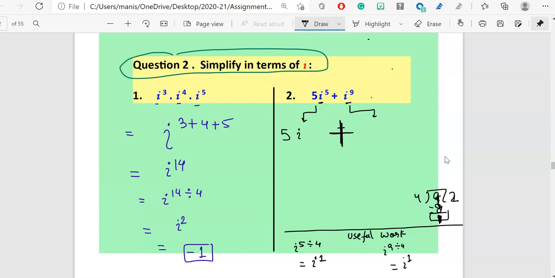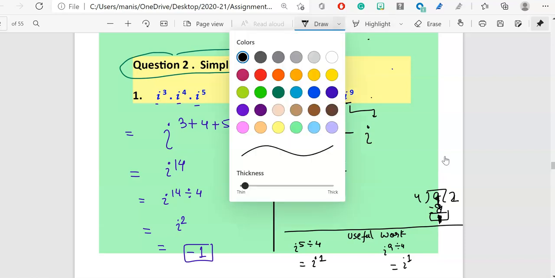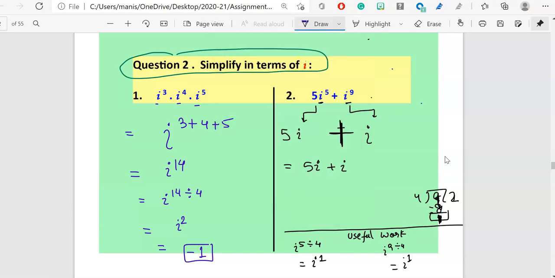So this also is what? Instead of i to the power 9, I will be ending up with just i. Now my next step is this. 5i plus i. Do you think these are like terms? Yes, because this is i and this is i, and there's an invisible 1 as a coefficient. What is 5 plus 1? 6. So your answer is 6i over here. In case you are confused, look over here. If it was 5x plus x, what is the answer? 6x. So this is how we got 6i over here.